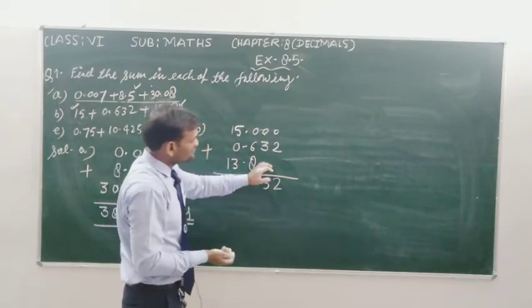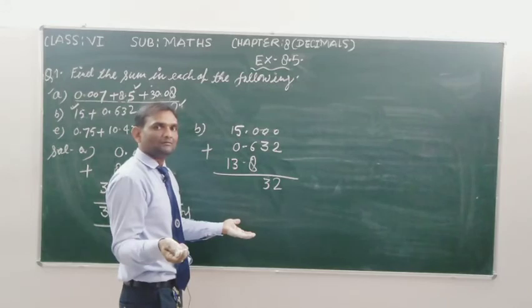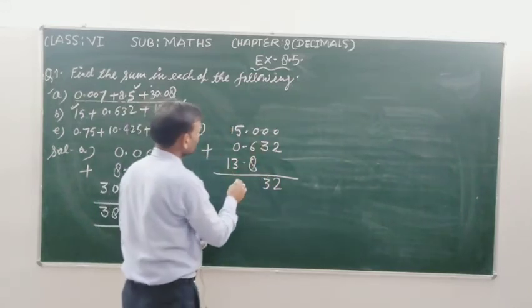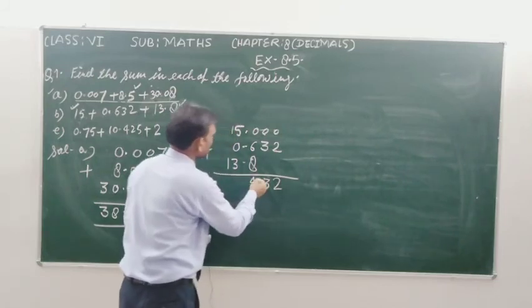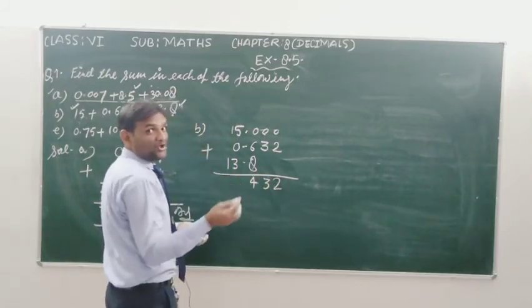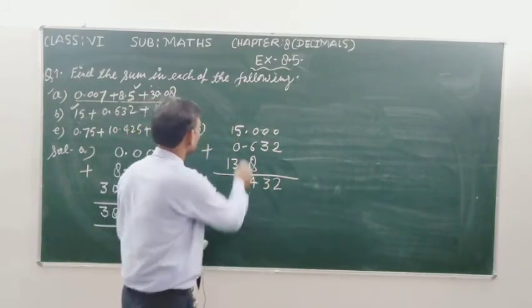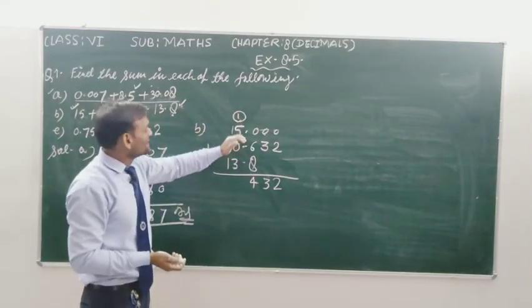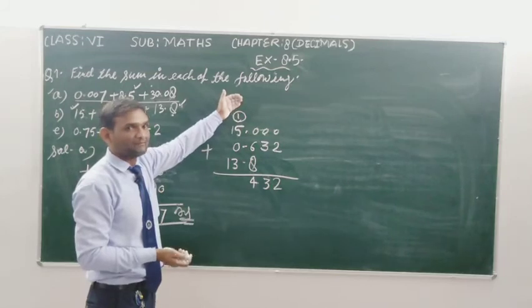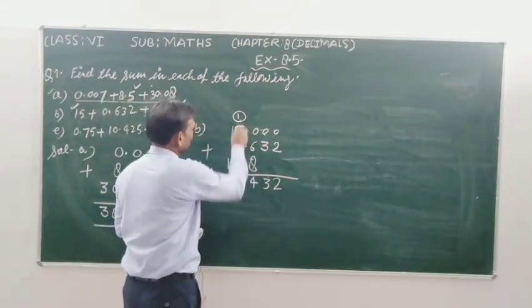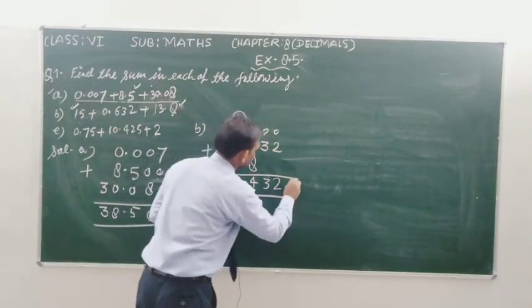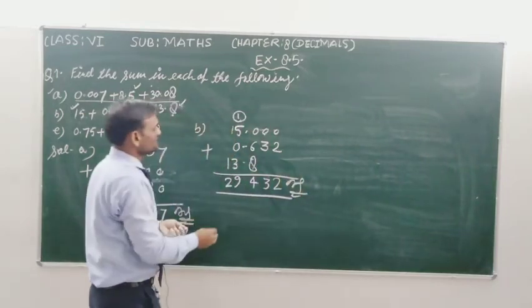If you want to write 0 after 8, you are free to write. So 3 and 8 is 6, 14. 1 is carry. Here you will mention the 1 above the next number. नेक्स्ट नंबर के ऊपर कैरी जाएगा. So 5, 3, 8 and 1 is 9, 1 and 1 is 2. It is my answer student. ये मेरा आंसर है.